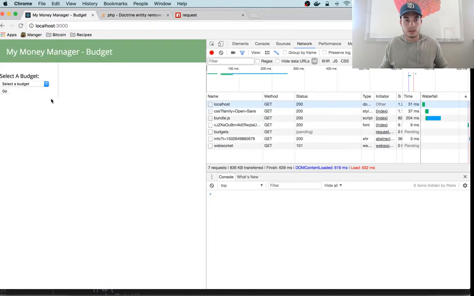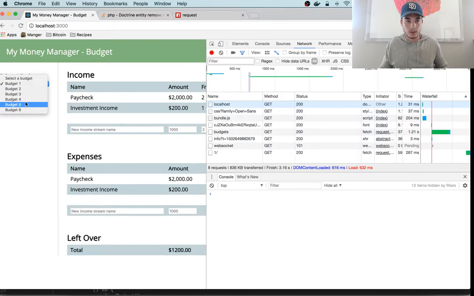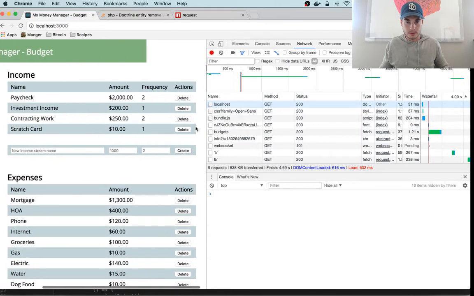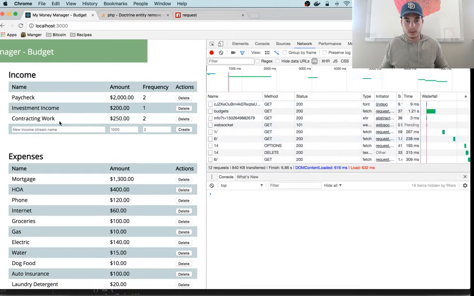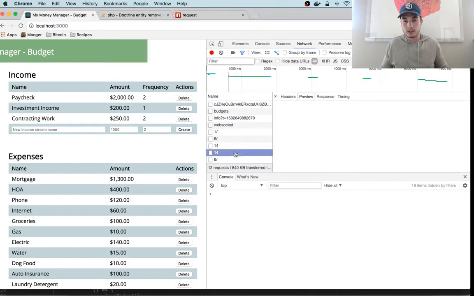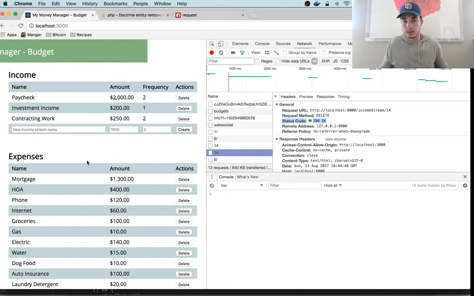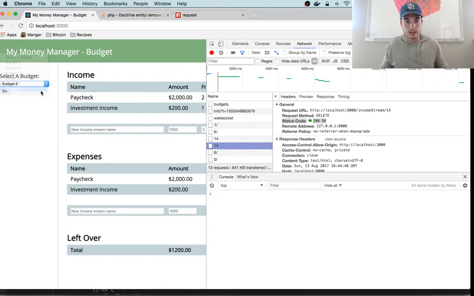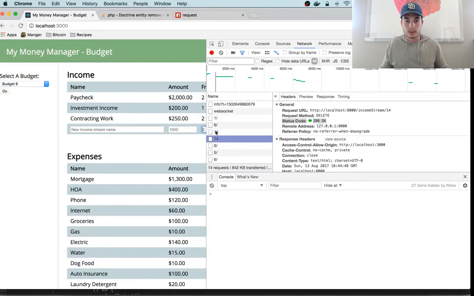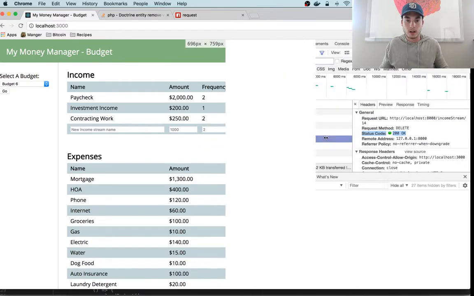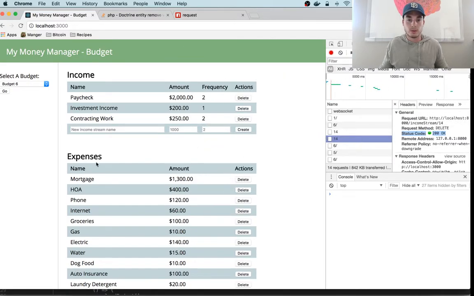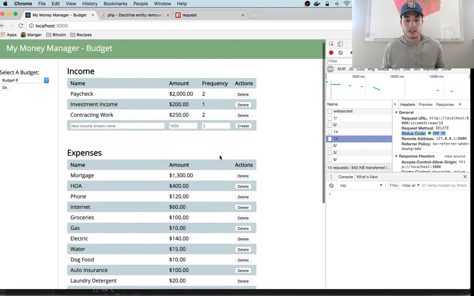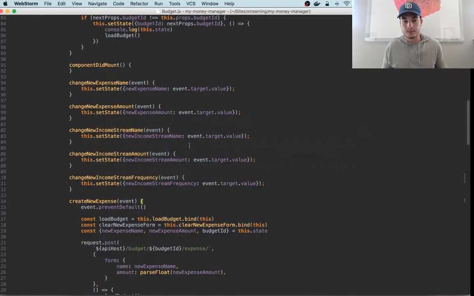So let's reload. Hit budget 6. Delete the scratch card, and it worked. Look, just like that. So we deleted, it returned a 200, and our scratch card's gone. So let's go back to budget 5, back to budget 6. Scratch card is still gone. So let's go rinse and repeat for the expenses section now, so we can delete expenses, and then that will